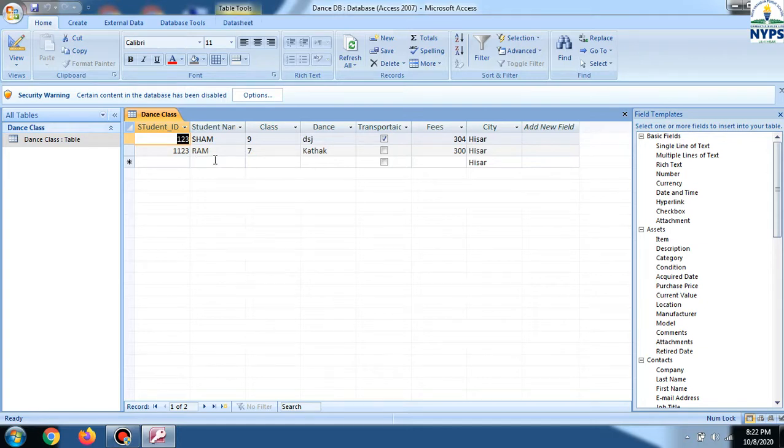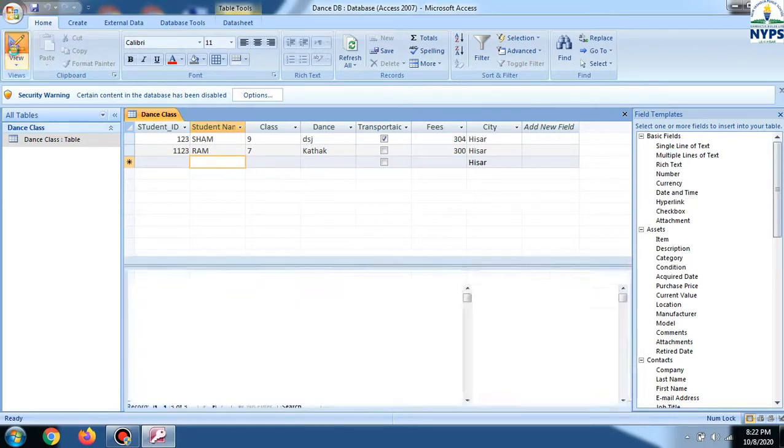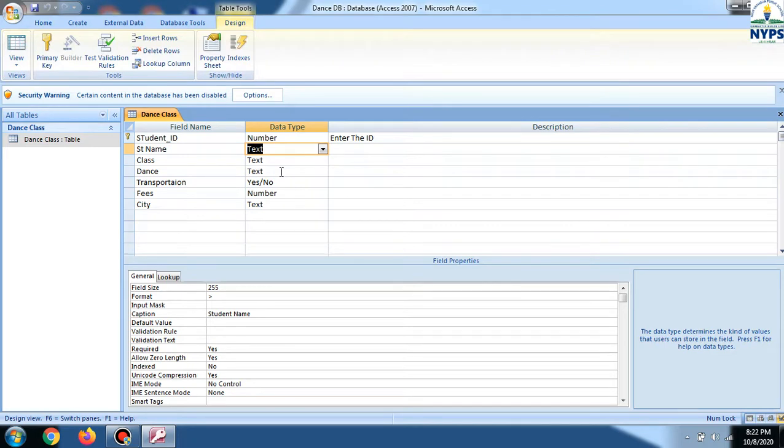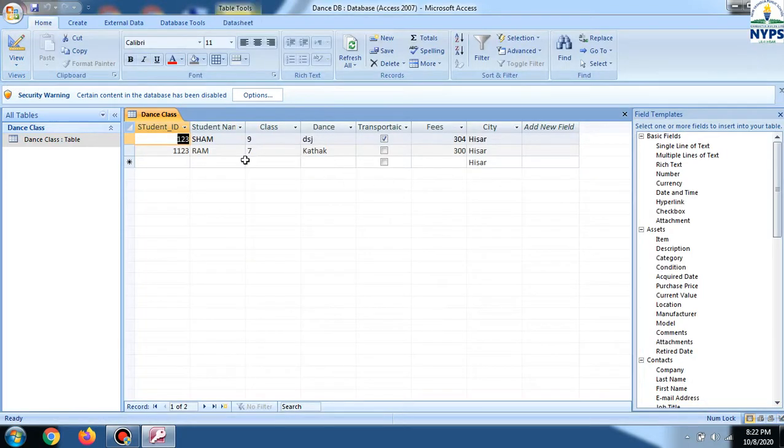But while inserting, the data will be saved automatically, so no need to save every time you are entering data in the table. Only while changing the structure of the table is it a must to save the table, otherwise it will not let you go there. So I have inserted the data and created the table